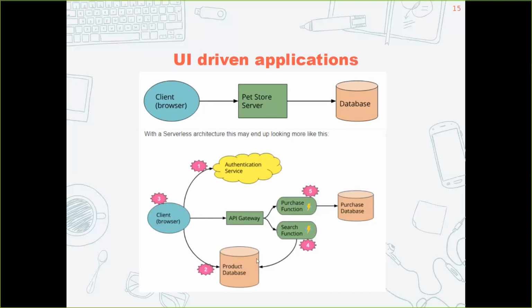So in this database, if there were 10 products, now this small database has got 10 products in it. And when I come through the client through the API gateway and I hit my function for searching for a product, it looks in the product database. And then I can place one more request for making an order, and the order goes into the main database. So from a performance point of view, you can see the difference.